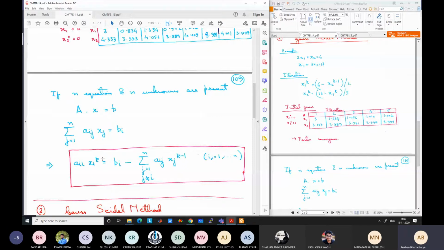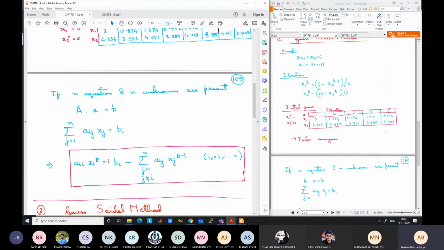So if there are n unknowns and n equations, you can get the updated values of the n unknowns, and then you can go for the next iteration to again update the values of the n unknowns like this, until you see the change from the previous iteration value to the next iteration value. So you define a parameter which is known as the tolerance limit or convergence criteria, which basically governs how much error you are going to accept.